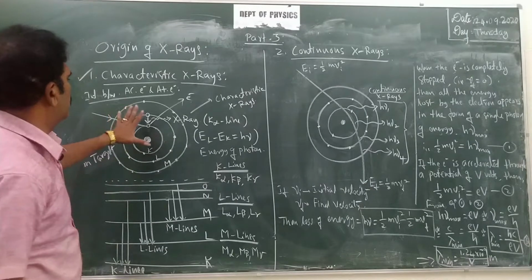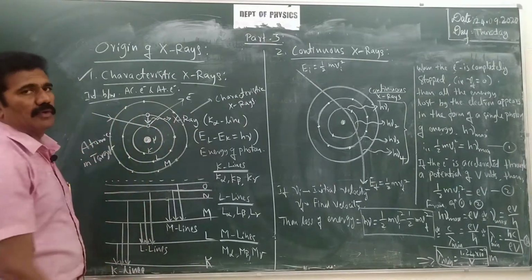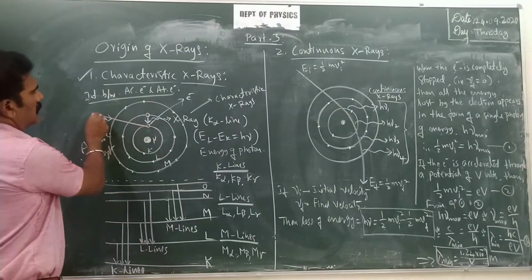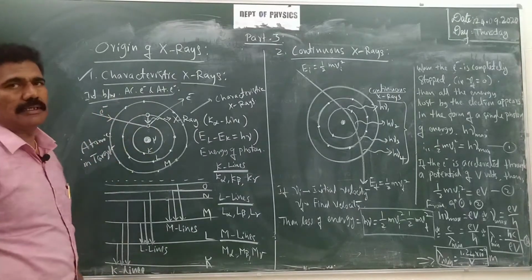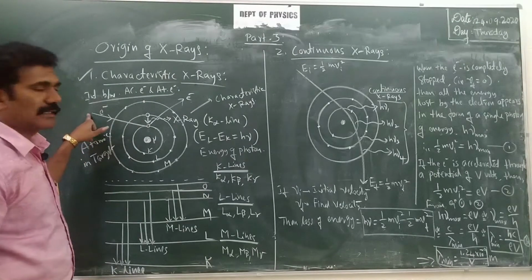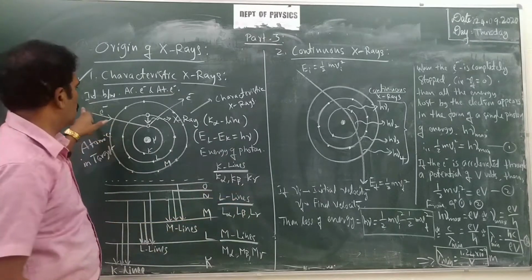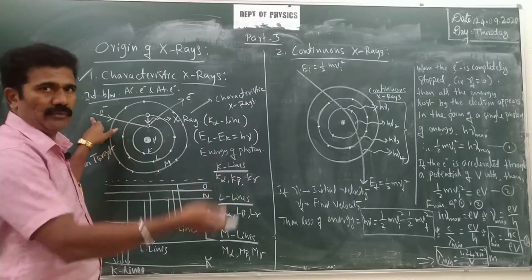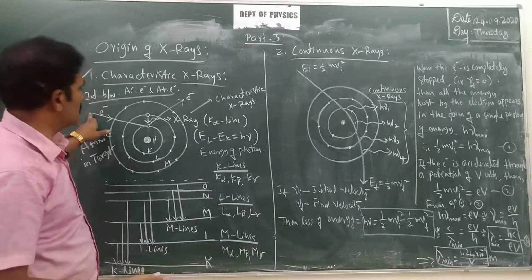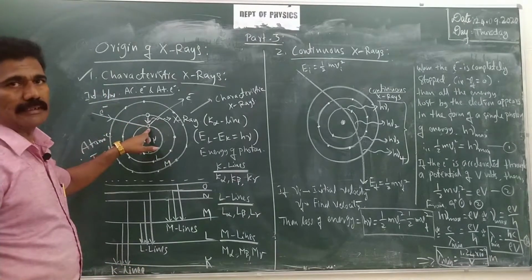The structure of the atom consists of a nucleus and electrons in the various orbits revolving around the nucleus, correct? Now this is the path indicating the electrons which are emitted from the filament in the Coolidge tube, and accelerated due to the high potential difference between the cathode and anode. When the electron is moving towards the anode with high velocity, it has certain high energy. So that energy is going to interact with the electron present in the target atom.